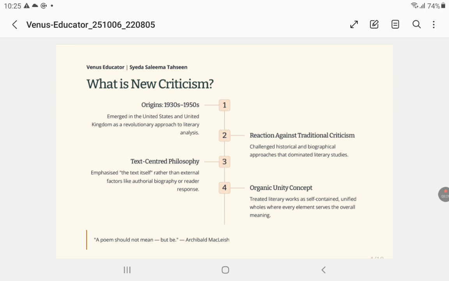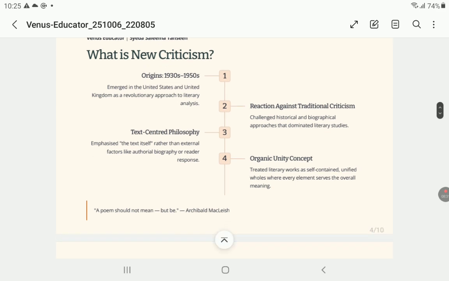So what is the old technique of criticism? To see or go back to the condition and style of writing at the time of writing. Basically, in new criticism you are avoiding all those things. You are not going to see who has written this, or in what context it has been written, nothing. So it is a text-centered philosophy. It emphasizes the text itself rather than external factors like